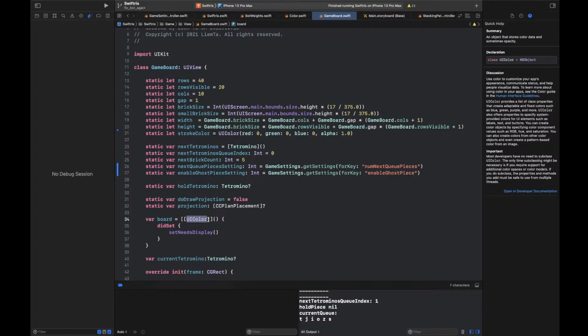Instead of having it a 2D array of UI color, I can just have it be a 2D array of grid cell, where the grid cell has a UI color and an is ghost. Okay, that's not too bad actually. That could come in handy for future features as well. I'm not sure what, but